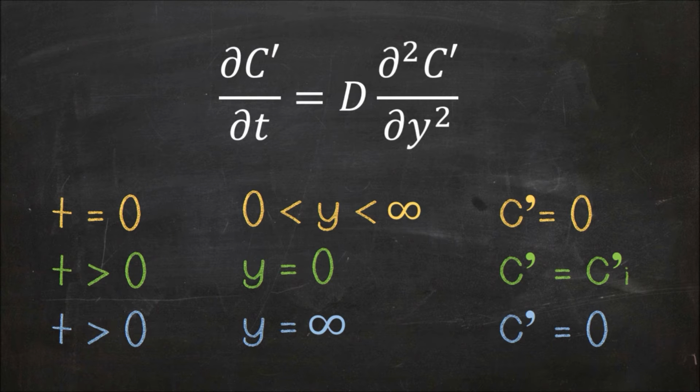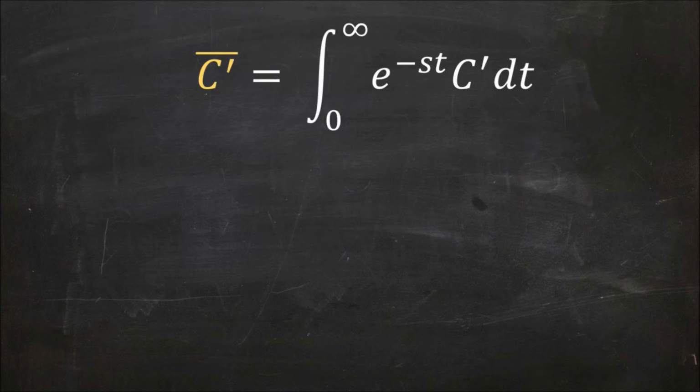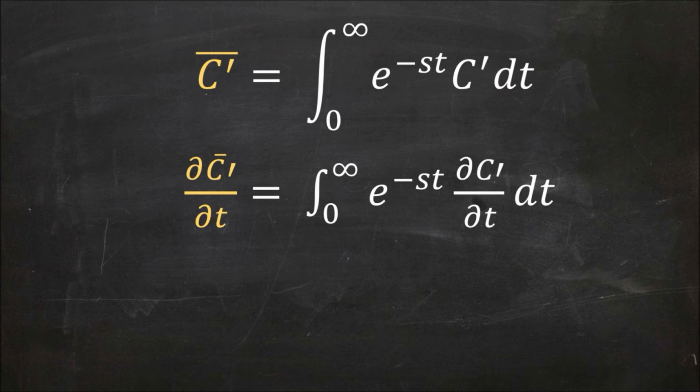So this equation is most conveniently solved using Laplace transforms. The Laplace transform of C' is given by, then, the partial derivative of C' over the partial derivative of t is equal to the integration from 0 to infinity of e raised to negative st times the partial derivative of C' over the partial derivative of t dt. That leads to the equation